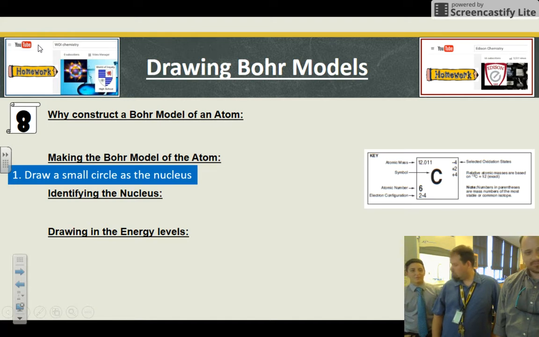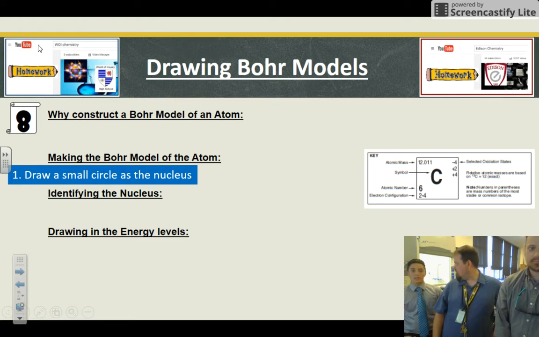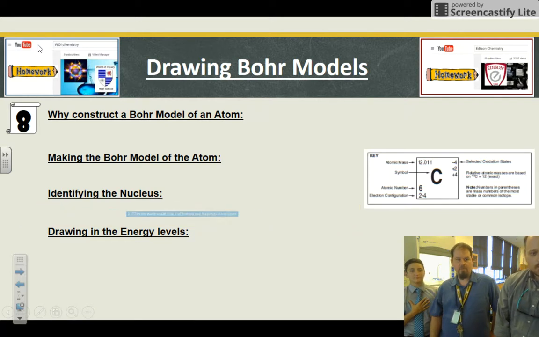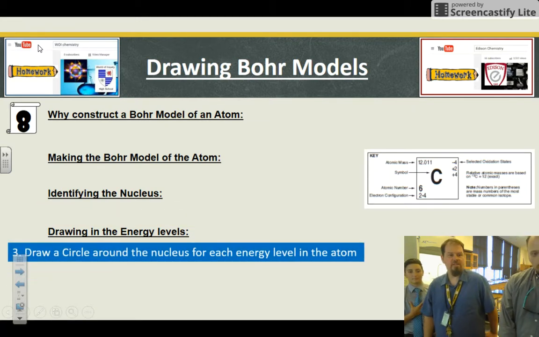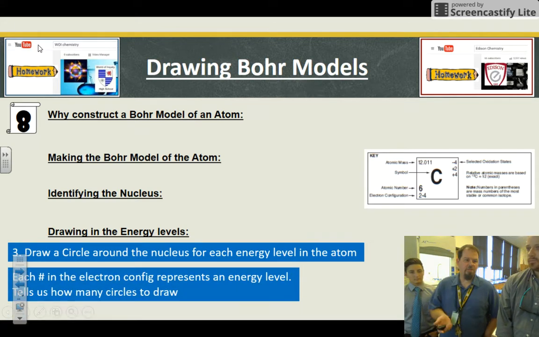When we're making it, we need to draw a small circle first. That's going to be the nucleus. And what is inside the nucleus? Inside you're going to put a P and how many protons there are, and an N and how many neutrons there are. So label up that nucleus. And then the electron configuration is going to tell us how many circles to draw around it. It's going to tell us how many energy levels. And then I need to populate each energy level with the correct number of electrons from said electron